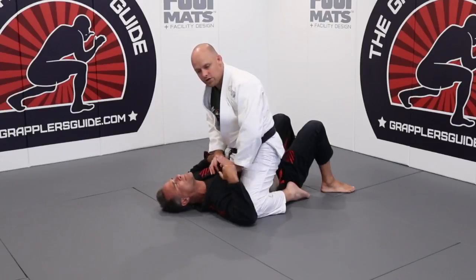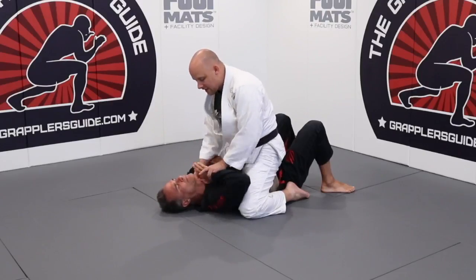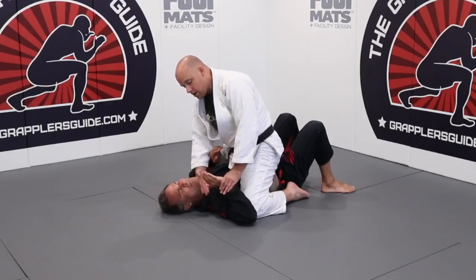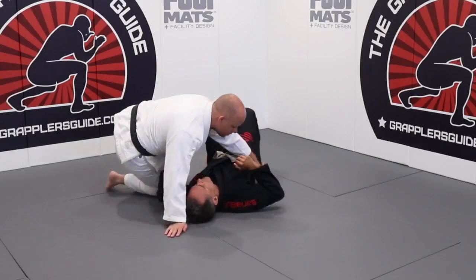And at the same time, I'm using my body to keep his hand away. I don't really care about this hand as much. I care more about this hand because this hand is going to be the one that's really blocking me from getting it. So if I'm able to keep his hand away with my body a little bit, and I go here, I come here, and now I get the grip. And then I close my grip. So if we turn this way, all the way,